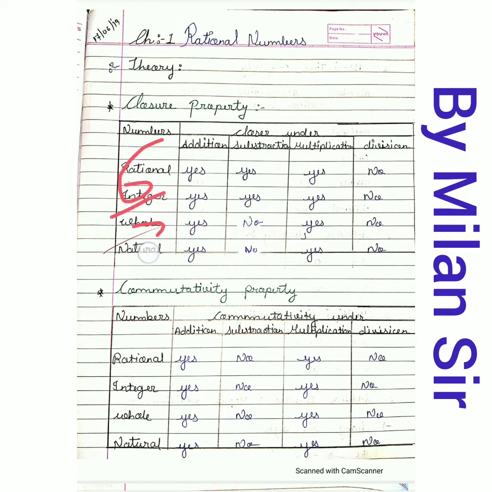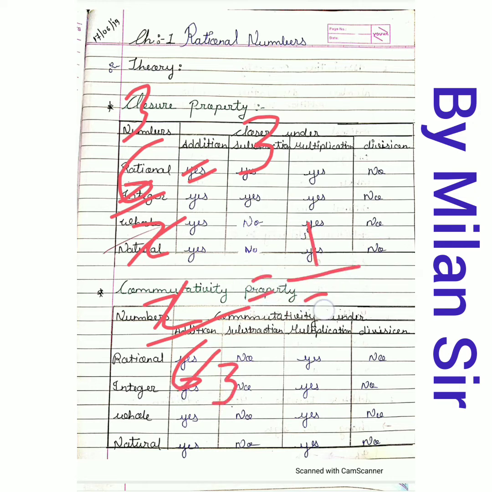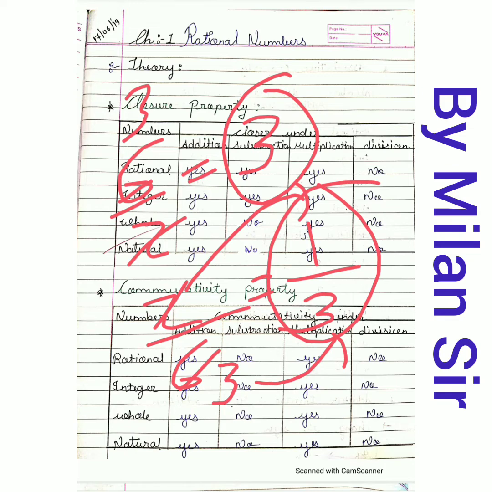6 by 2. 6 by 2 is equal to 3, but 2 by 6. Here 2 3s are, so 3 is in the numerator, right? Again 2 3s are, but here the answer is 1 upon 3. Nothing is remaining in the numerator, so we need to write 1, and in the denominator we have 3. So initially 6 by 2 we get answer 3, but 2 by 6 we get answer 1 upon 3. Okay, these two answers are not the same, that's why division is not commutative.